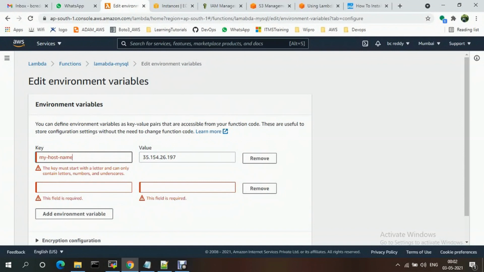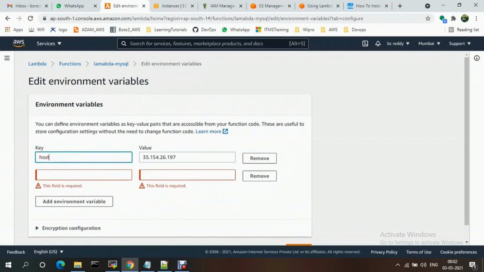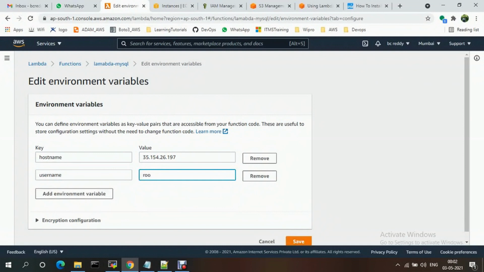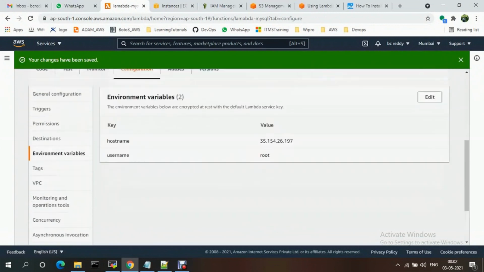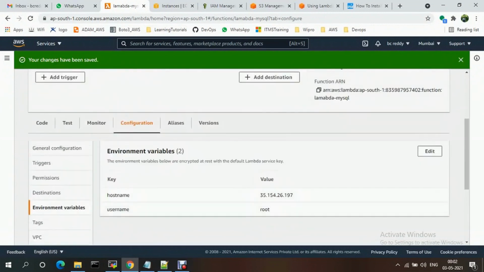The key must start with a letter and can only contain letters, numbers, underscores. Something host name, username, like this. You can add the values, and you can get those values and update according to it, and it will work.